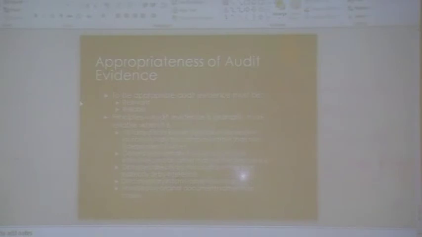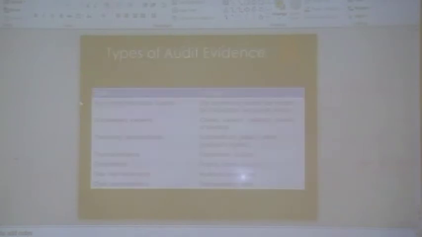Okay, so types of audit evidence, that's our reliability. So then we've got types. Accounting information systems, the accounting records and support for transactions and journal entries; documentary evidence, checks, invoices, contracts, minutes of meetings. And a big one inside the bigger clients is the minutes of meetings. You'd see what was discussed inside the board meeting if you're having a board meeting every month. I mean, you make sure you get those minutes of the meetings.